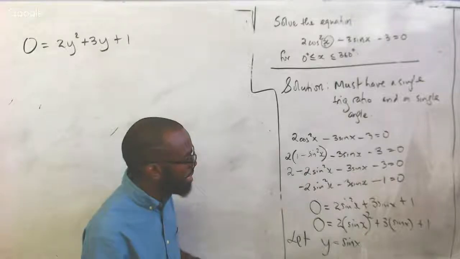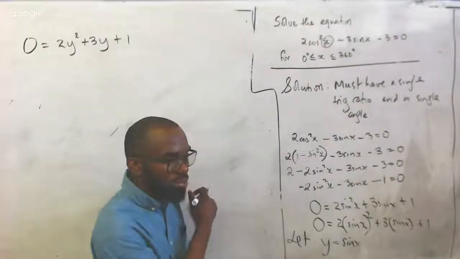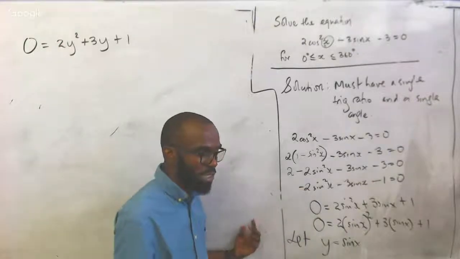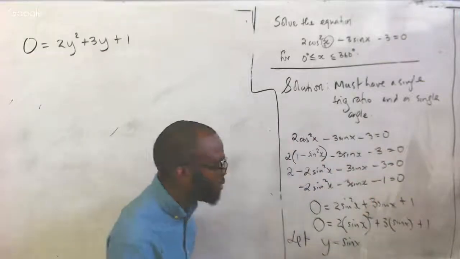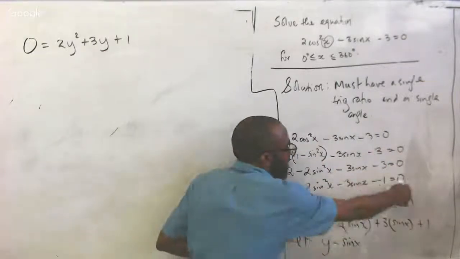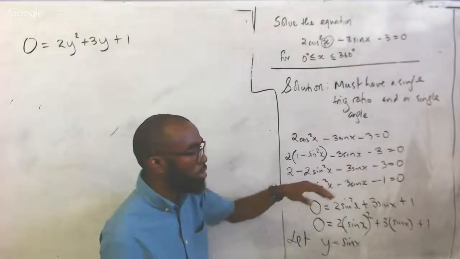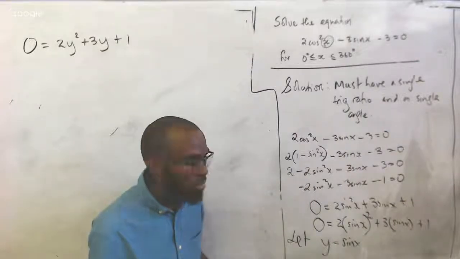Then we realized that, hey, this is really a quadratic. So I want the term with the highest power to have a positive coefficient. And that's what dictates my transferring everything to one side. So that's what I did. Or you can say I multiply both sides by negative. You're not supposed to say negative.